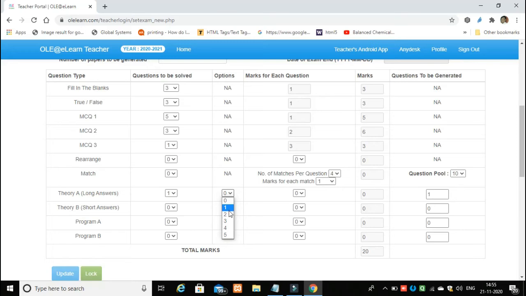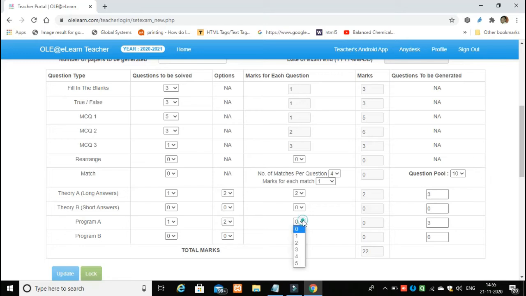Say, no options, or if you could give option to this question, each will carry how many marks? Say 2 marks, it is 22 marks, and one program question. Here I am giving how many options. Suppose there are no options, compulsory, or if there are 2 options to be given, 2 options will be selected over here.